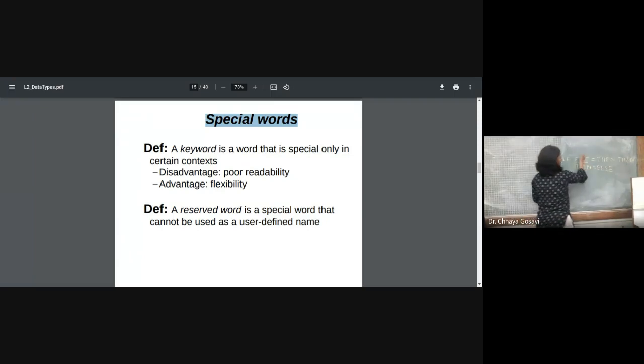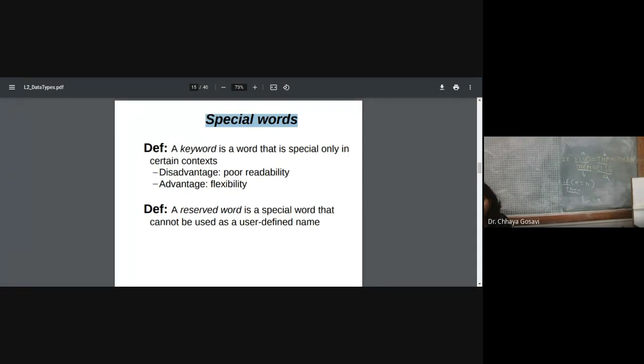Suppose this is A and this is B. If you read it like: if A is equal to B then B equal to A, this is more readable, because here if and then are the keywords and these are the variables. But here we can use reserved words as variables, so it will create a problem for readability. Some languages don't have any reserved words. You can use reserved words and keywords for your variables to define a variable name or function name.